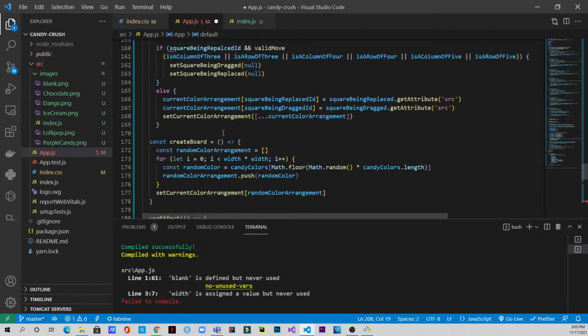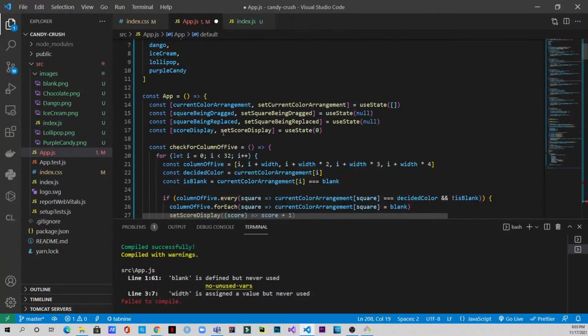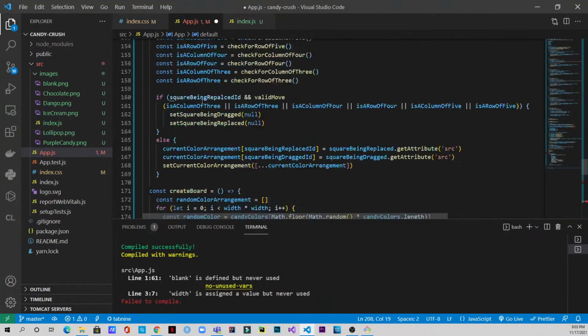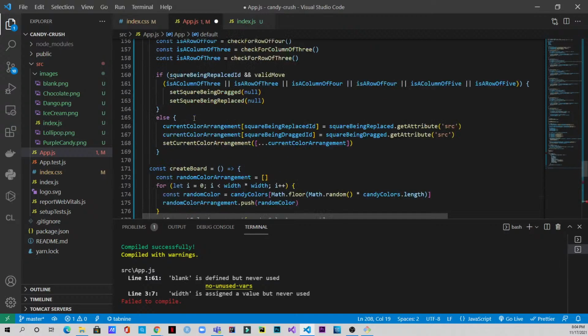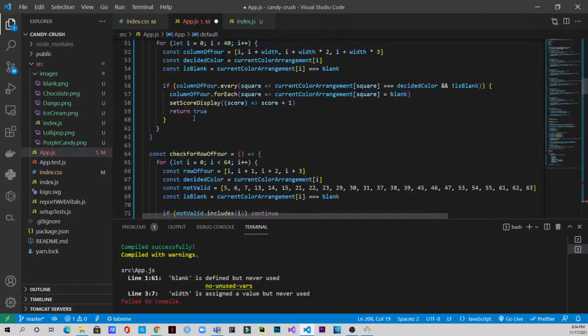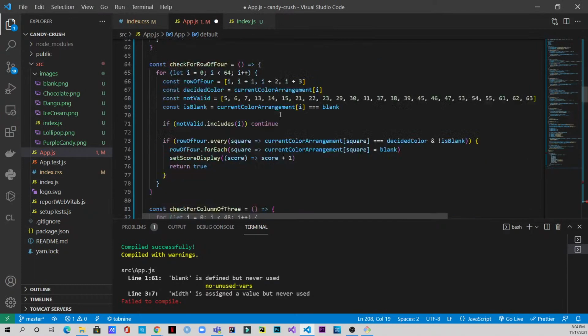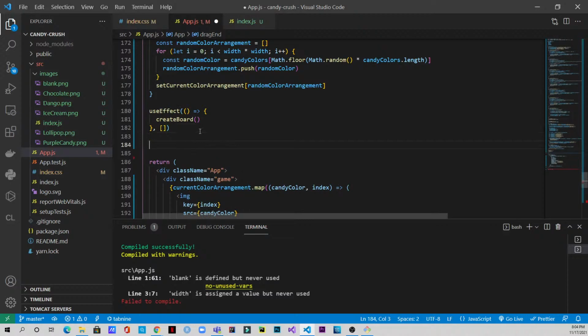Export default app. What is going wrong with it? I don't know. Anyways, I'm going to see this later on, but for now, we'll come to this later on. Now we need to have